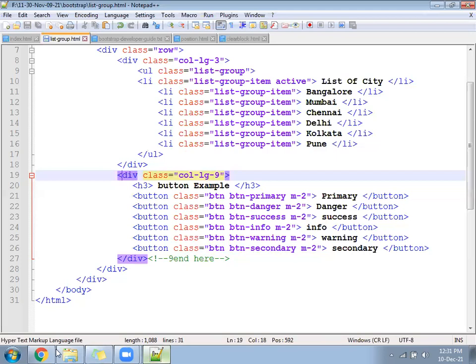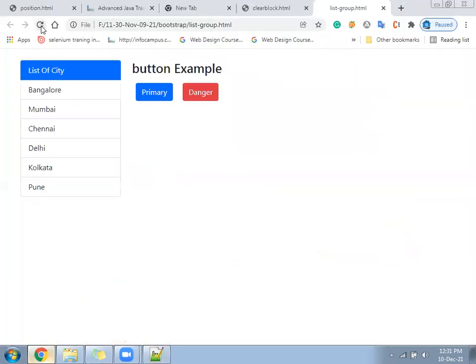Something like this. Multiple color combinations we have.